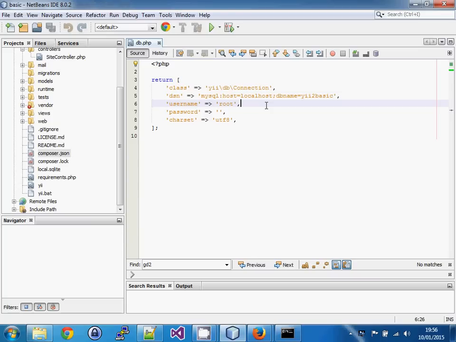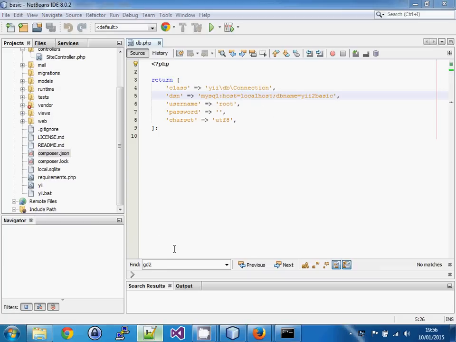But one of the things that works very well in Yii is using a database engine called SQLite. And the idea of SQLite is that the database exists as a single file on the local file system and doesn't actually need any installation other than PHP needs to have it enabled